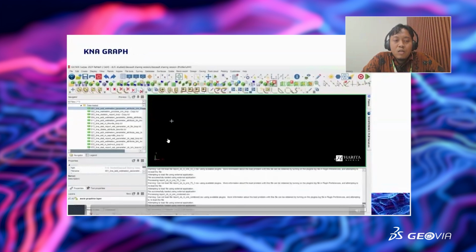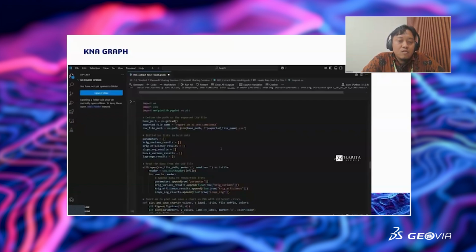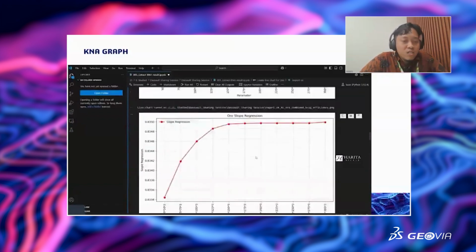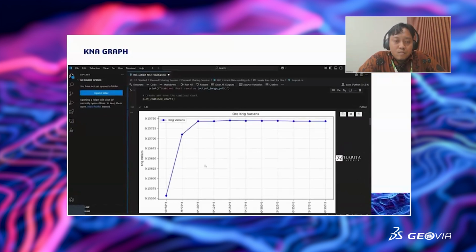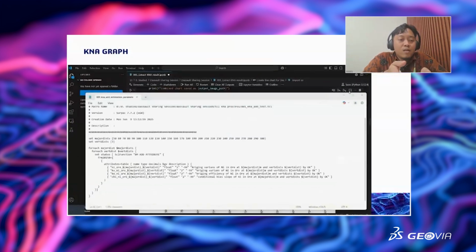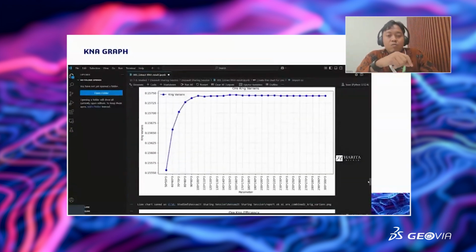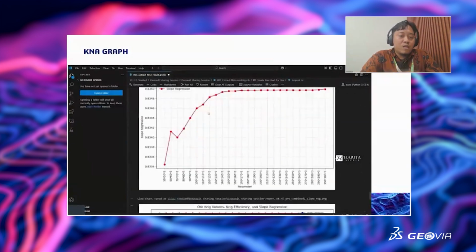So we can take a look at this graph as the result of our estimation, such as kriging variance, kriging conditional bias slope, and slope of regression here. So here, when we have other different data, I already did another parameter here using 10 by 10 meter from 50 to 100, and the result will be smoother than when we have just 25 by 25 meter here.